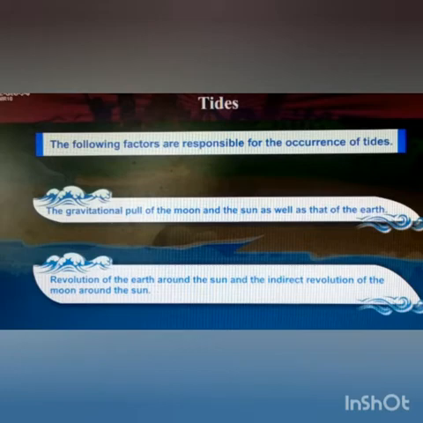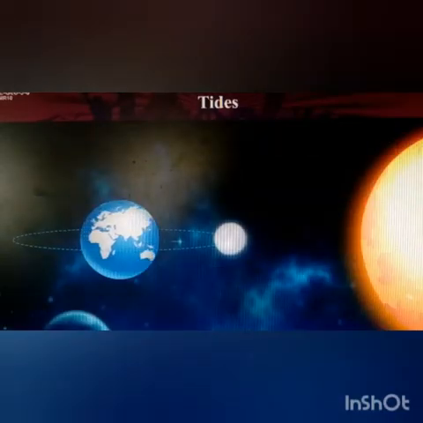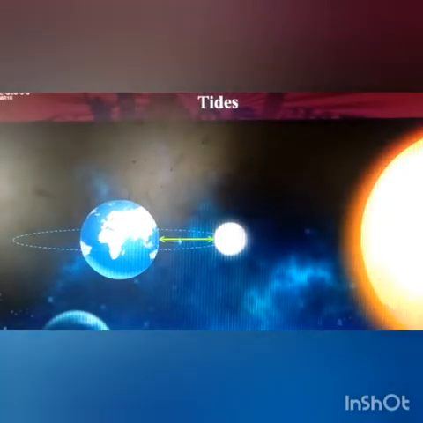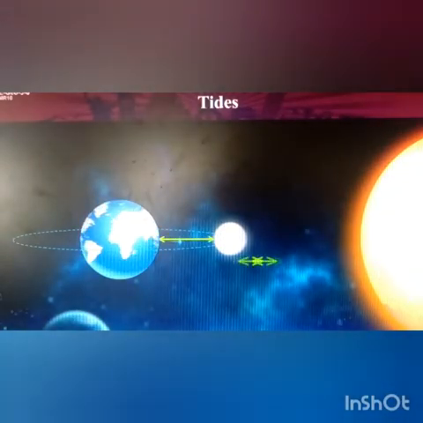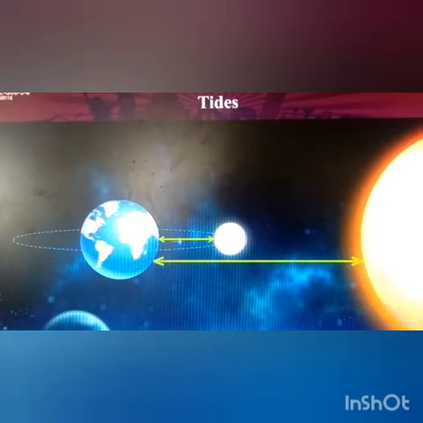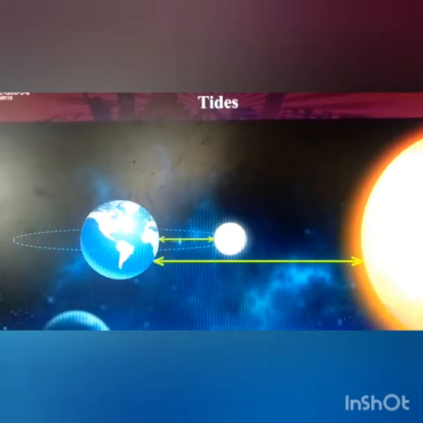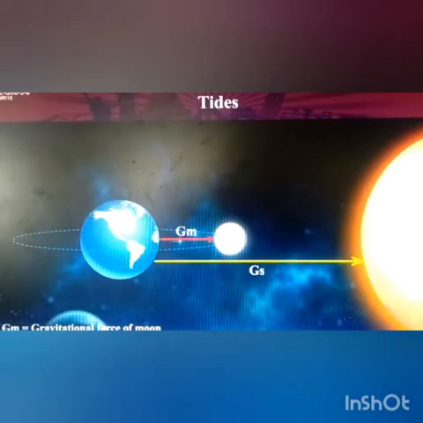The moon is closer to the earth than the sun. Hence, its gravitational force becomes more effective. That means it becomes greater than that of the sun. Children, you can see this in the diagram here. Now, tides occur due to the relative positions of the moon, the sun, and the earth. So, we can see that all the three celestial bodies, that is the moon, the sun, and the earth, play a very important role for the tides to occur.